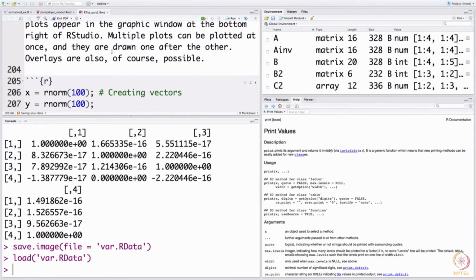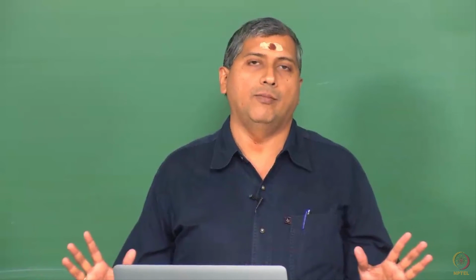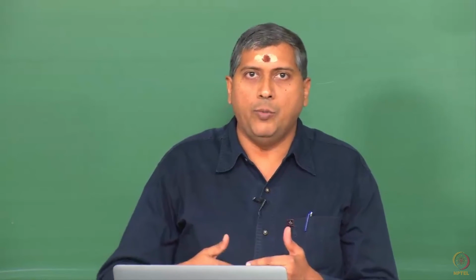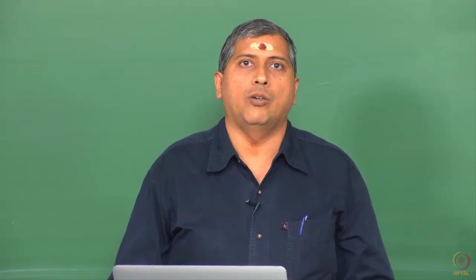So, the simplest version of plotting is just plotting a scatter plot on one figure. Then the next one would be to overlay one plot on the other. So, you may have maybe two variables or two signals that you want to plot, vectors that you want to draw, time series that you want to display, and you want to use different symbols for them. That can also be done through what is known as overlaying the plots. And then of course, the more advanced one is where you draw multiple plots, not overlaying on top of each other, but side by side or in whichever arrangement you want. I will show you all these three in that order.